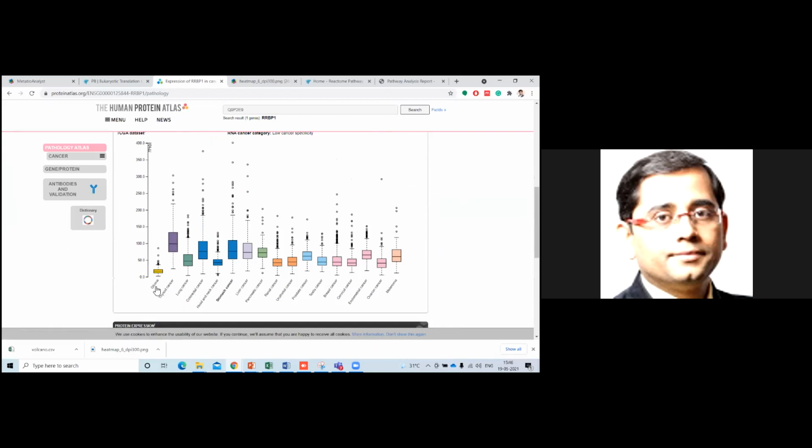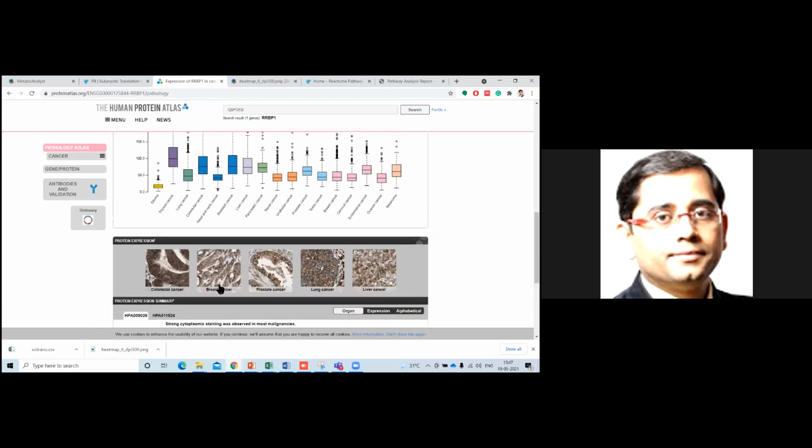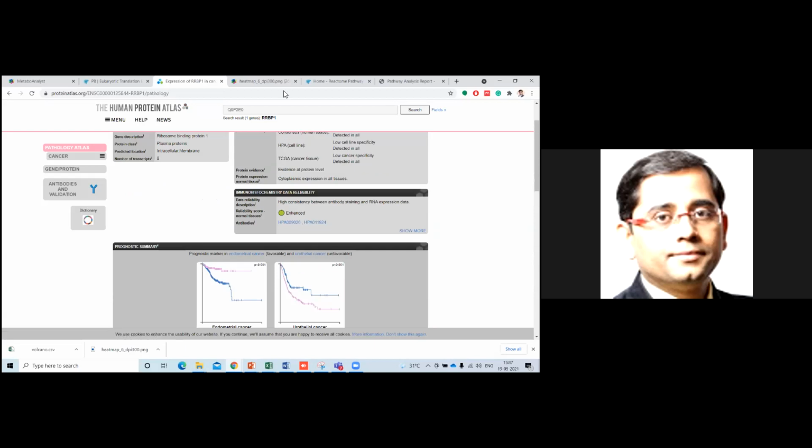These are mostly cancers: glioma, thyroid cancer, lung cancer, and all different kinds of cancer. We can see this particular protein has been reported as a marker protein, or a very interesting protein, in thyroid cancer, as you can see, right? When we are comparing with the other cancer types. And there is other information also available, even some of the protein expression based on the histopath images is also available over here, right?